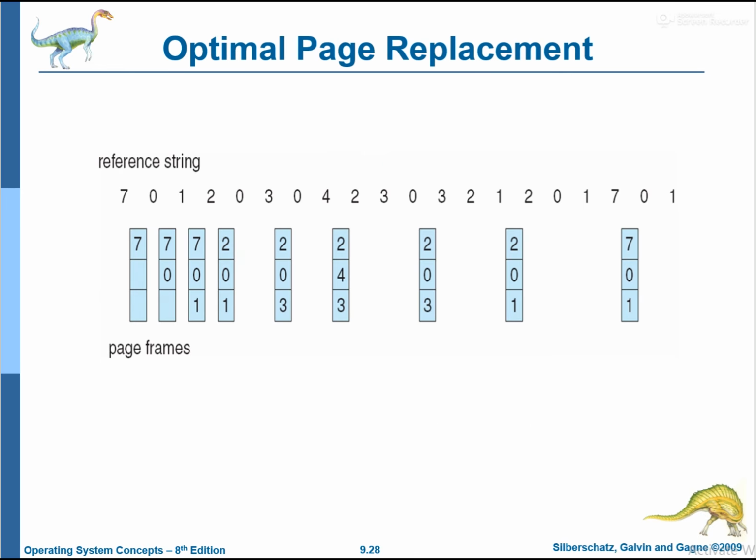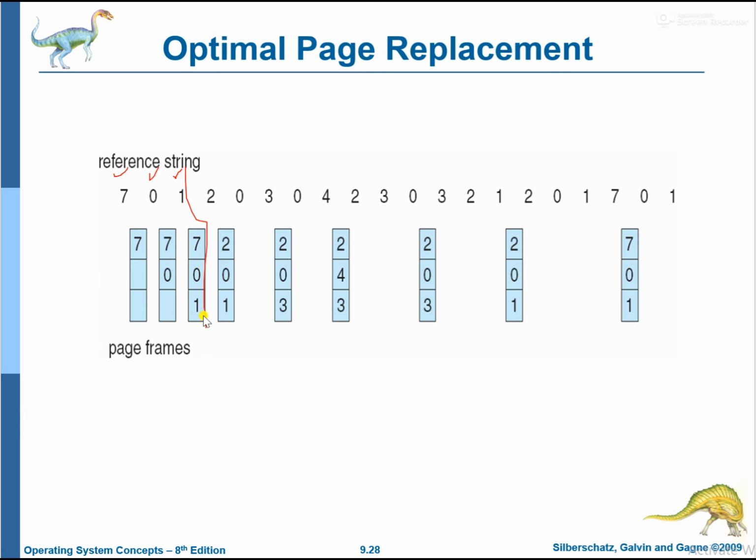Okay, here we have another example for optimal page replacement, the same one that we used previously for first in first out. So now we will go through it for optimal. Initially all frames are free, and we have a total of 3 frames. So we will bring 7, and then 0, and then 1. So until this time 3 page faults occur, 1 for 7, 1 for 0, and 1 for 1, and we bring these pages into the main memory. After that we need 2, and 2 is not present over here, so we have to choose